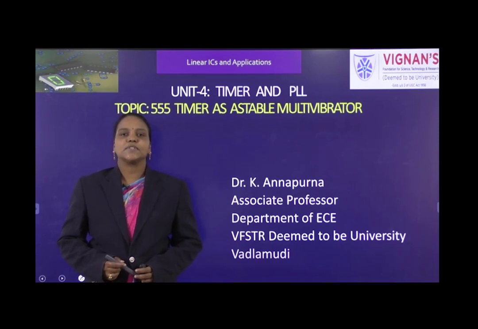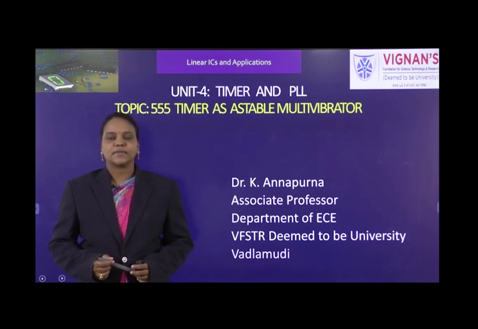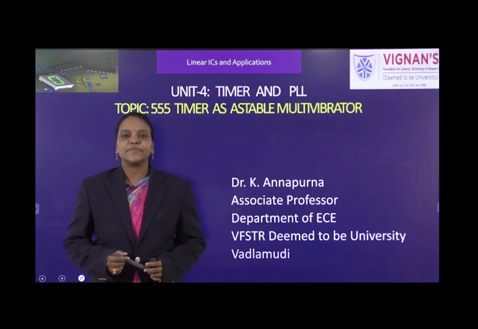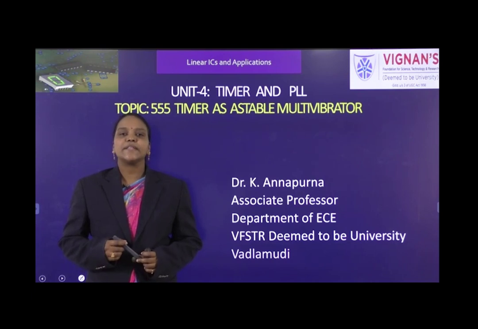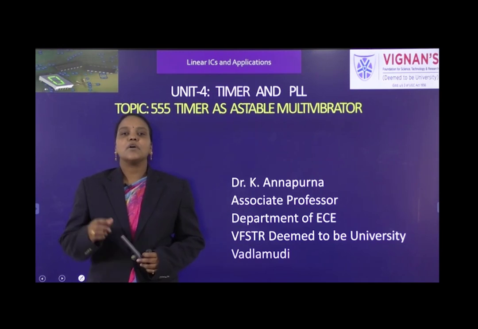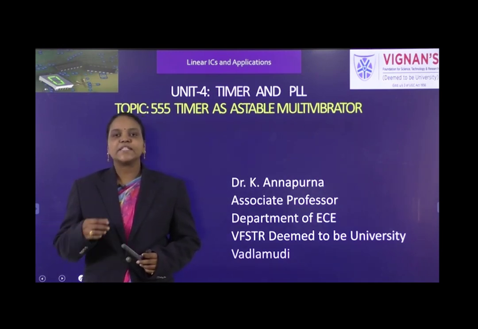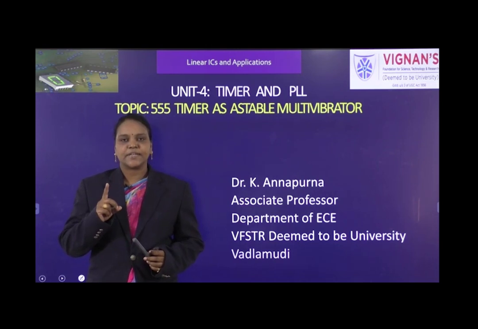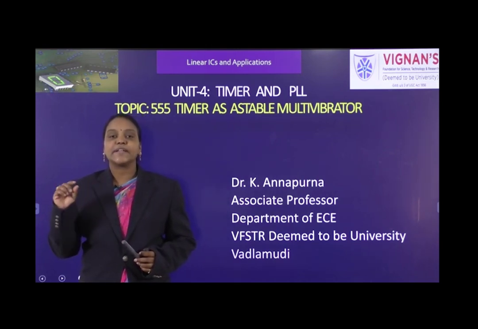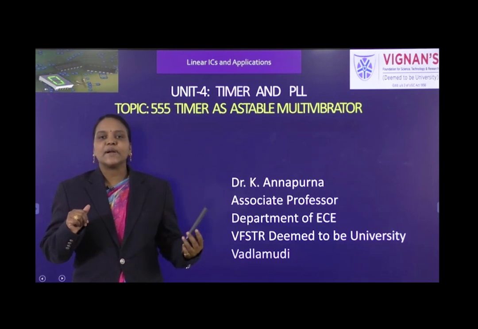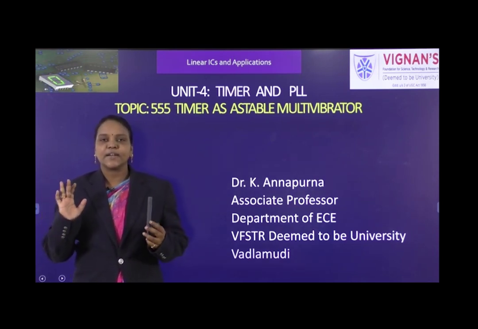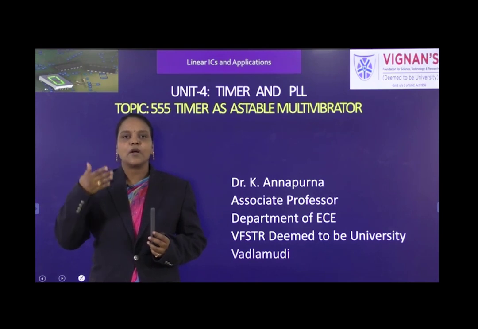Our today's topic is 555 astable multivibrator. In the last class, we have seen 555 monostable multivibrator. Already we have discussed the difference between astable and monostable multivibrators. Astable means it doesn't have any stable states. So automatically based on the RC components, the on state and off state will be changed. Whereas in monostable, one state will be a stable state, and in our example, the off state is the stable state. So the circuit will be in stable state until it receives an external trigger pulse. But in an astable multivibrator, it doesn't need any external trigger pulse to change from either on to off or off to on.